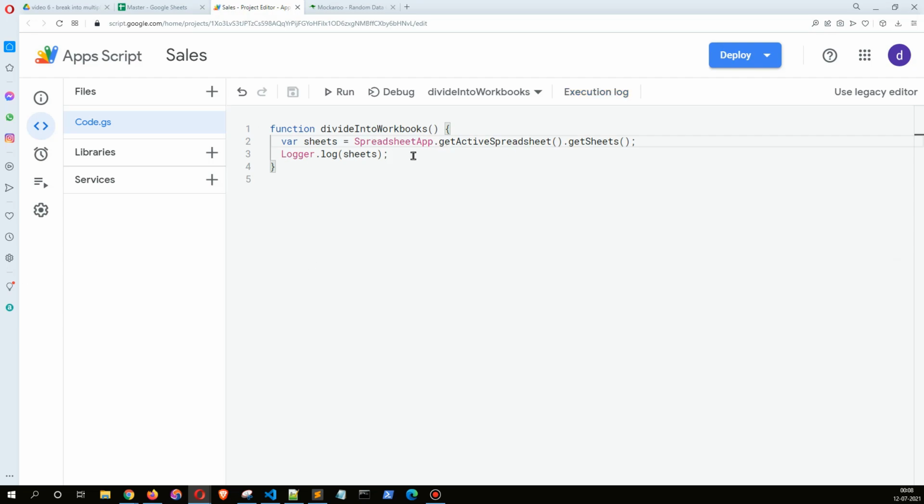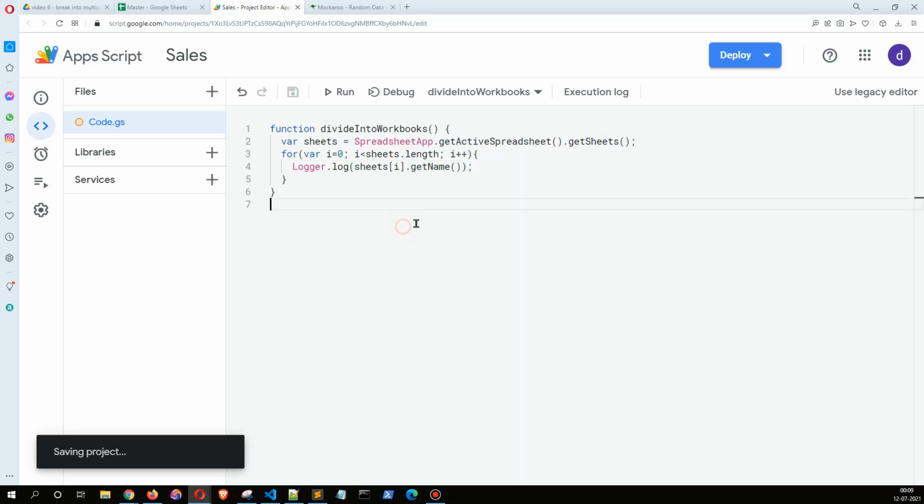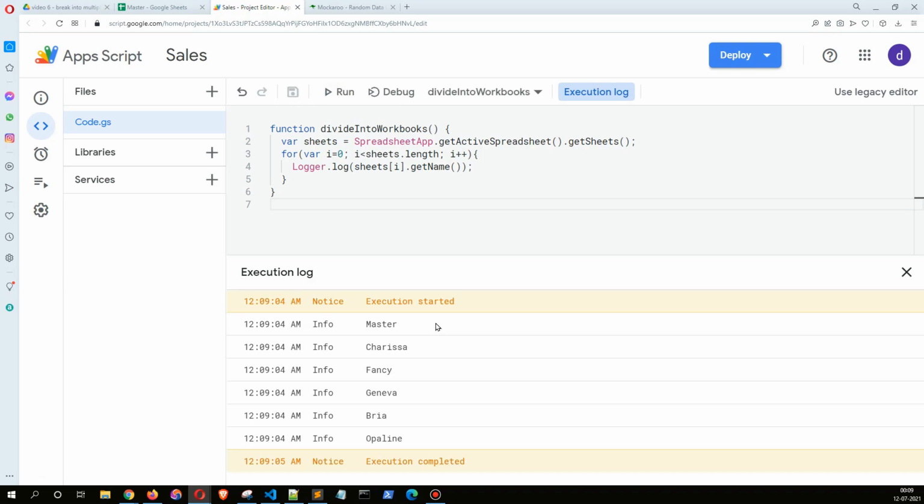Now I can just go through a for loop, sheets dot length, and now alt down arrow will give me this. If I just say sheets i dot get name, yes. So if I do this, it's going to print out all the sheet names,